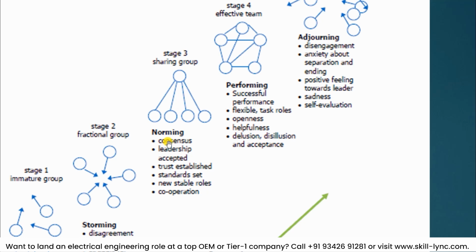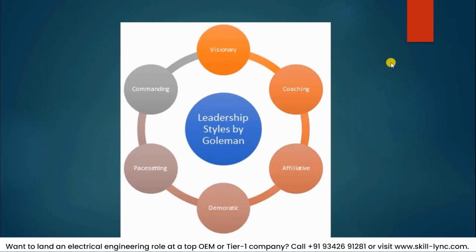There are different styles of leadership that we'll see in the next slide. So you need to exhibit all those leadership styles. This does not apply only to the team leader, but each and every member has to demonstrate those leadership traits so that you can all work towards the common objective and attain the targets in a systematic and smooth manner. So this affiliative leadership style is to try and bring all people together.